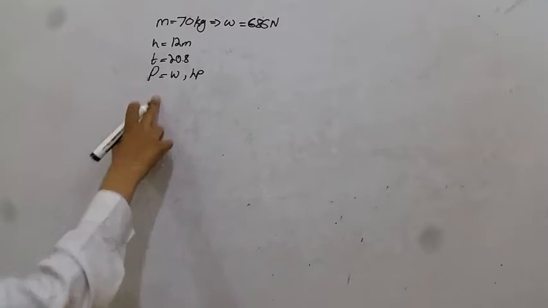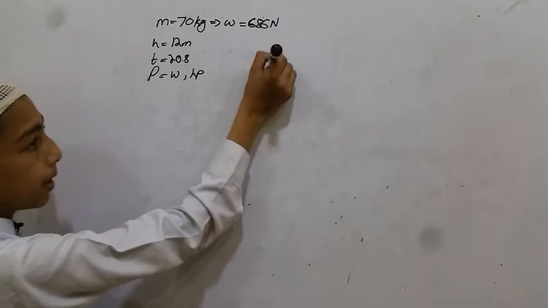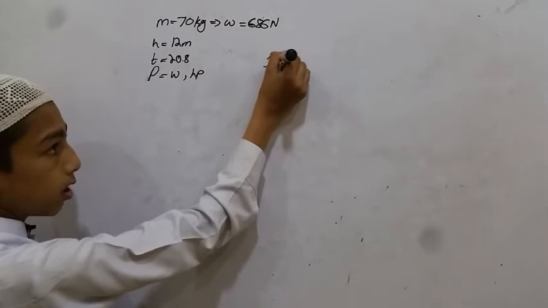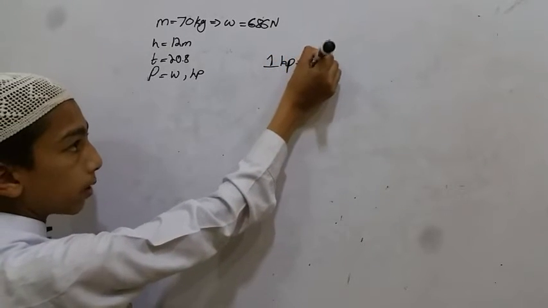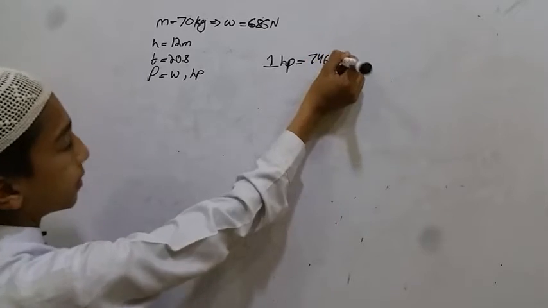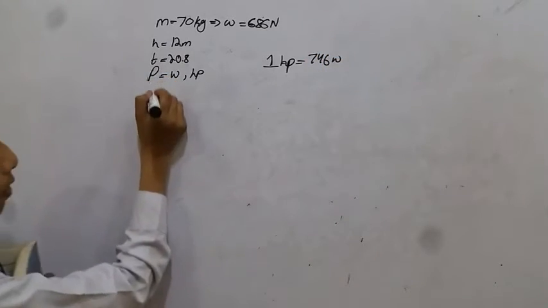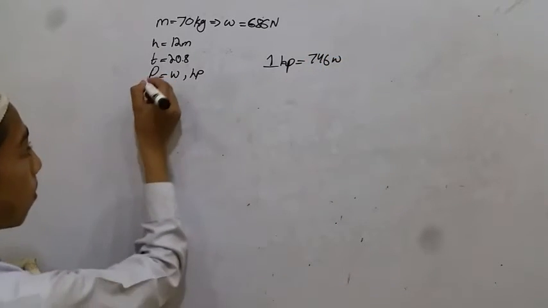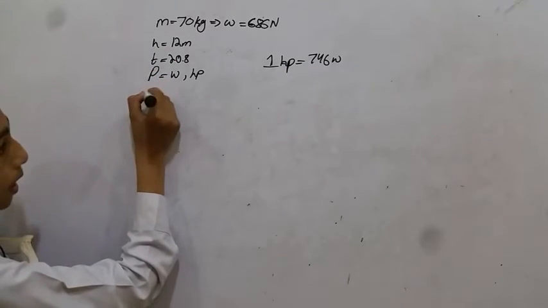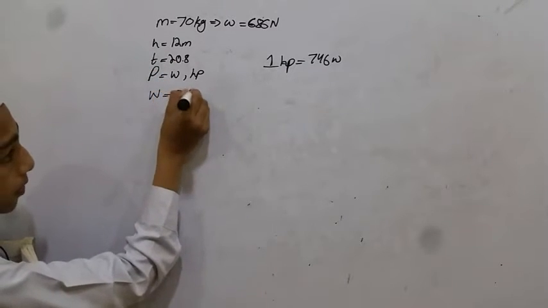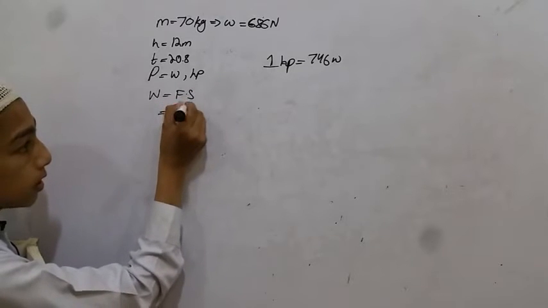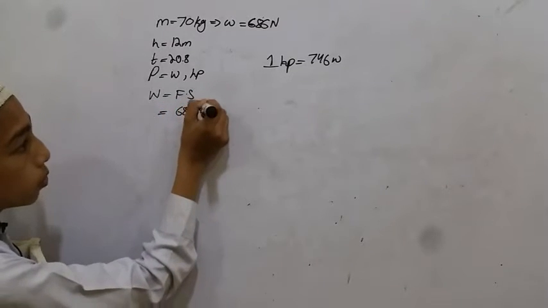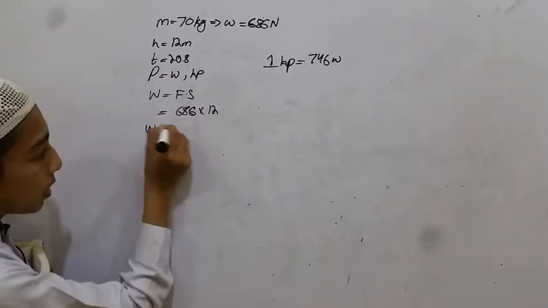In British engineering, the unit of power is horsepower, and 1 horsepower is equal to 746 watts. So to find his power, we have to find the work done, which is equal to F into S. F is the weight of the book, which is 686 into 12. So work done is equal to